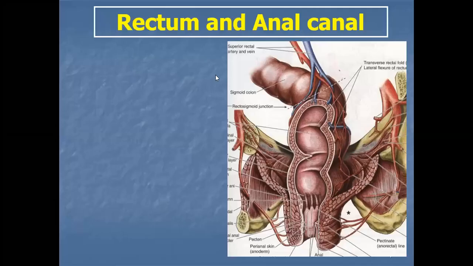Okay, today we'll discuss one more important topic, that is the rectum and the anal canal. In the last class we discussed the small intestine, duodenum, jejunum and ileum, then the large intestine, that is the ascending colon, cecum, transverse colon, descending colon, as well as the sigmoid colon, as well as part of the rectum also. So some more we'll discuss here, and then mainly the anal canal.